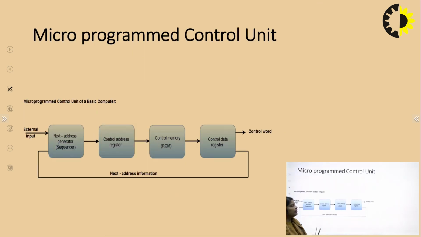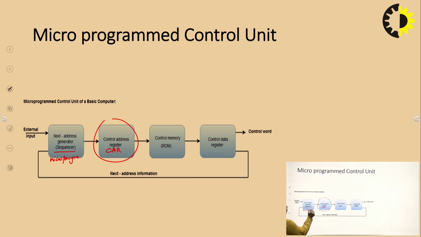Now, the next control unit designing method is the micro-programmed control unit. In the micro-programmed control unit, we can start from here. The control address register, also called CAR, contains the currently executed address. And one more thing is there. It is also called a